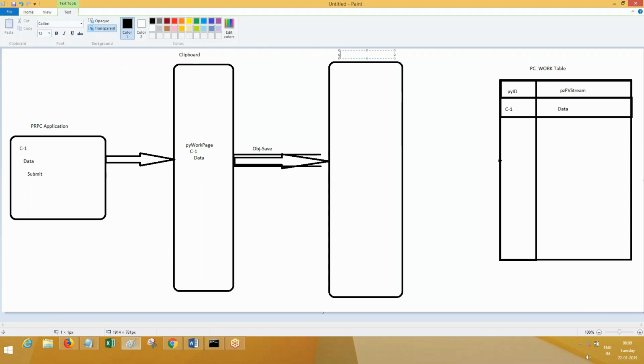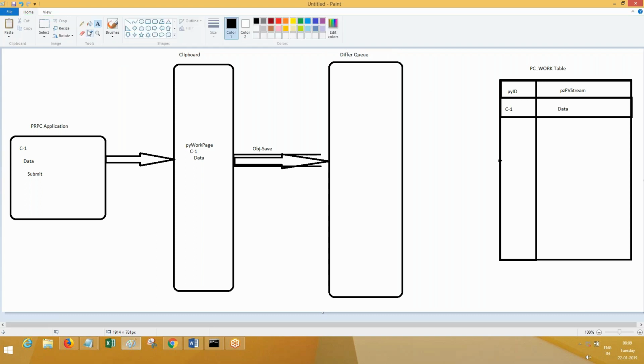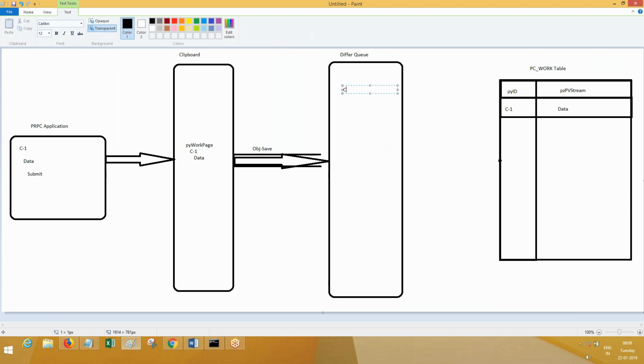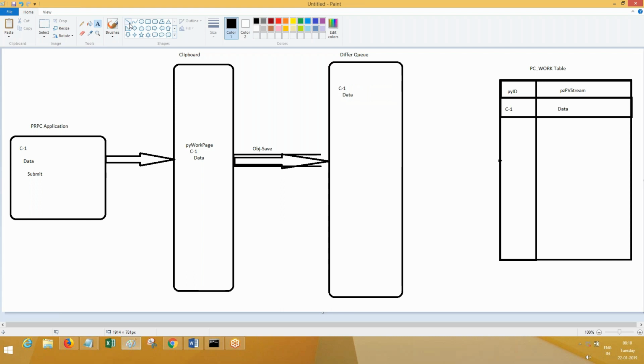There is something else called the defer queue. Now your data will get posted into the defer queue. C-1 and its data will be there on the defer queue. From here, C-1 will be taken into the table.